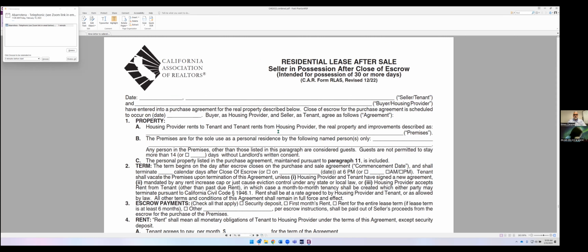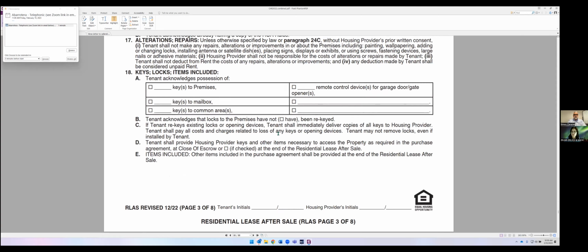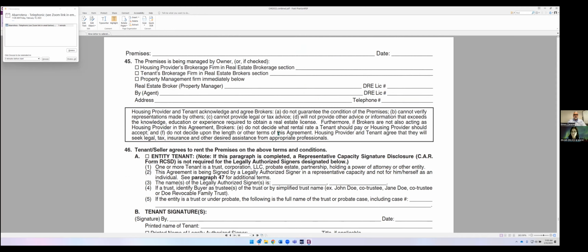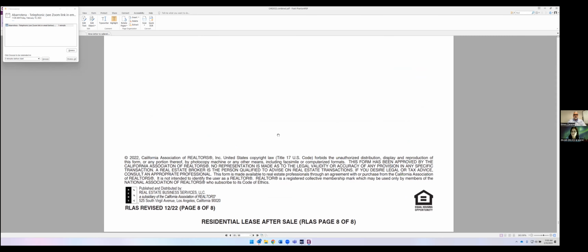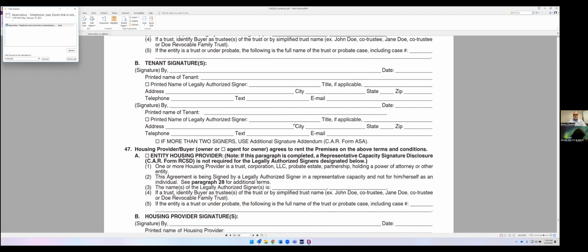It just reformats it. That's all it is. Residential lease after sale. So this is if your seller is staying over as a tenant. What is this? Oh, this is a lease after sale. The only thing about it is it talks about the maximum security deposit that could be charged. Language was added